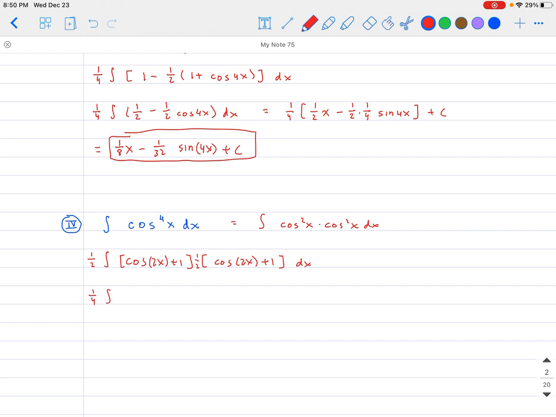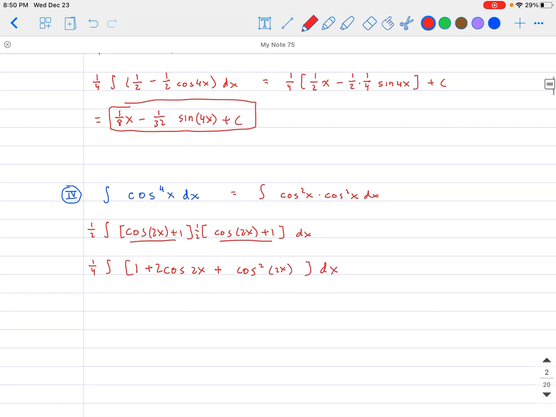The 1/4 I'm going to go ahead and take outside. The inside, that is going to be a perfect square, which we're going to have to multiply out. So let's see, this guy multiplied by this guy, that's 1 plus 2 cosine of 2x, and then plus cosine squared of 2x. So all of that is dx. Now, I can integrate the 1, no problem. I can integrate the 2 cosine of 2x, no problem. This guy is going to be a problem, so we're going to have to do this one more time with